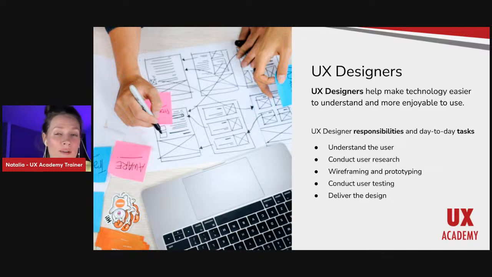And as soon as we are ready with user testing and we're sure that everything looks good, everyone is happy, we ask to try our prototype. We are delivering the design. So we work with the user interface designers, we are working with developers together, and of course we are following the process of the launch of the project to be sure that everything works how you as a UX designer design and how you imagine it should work.